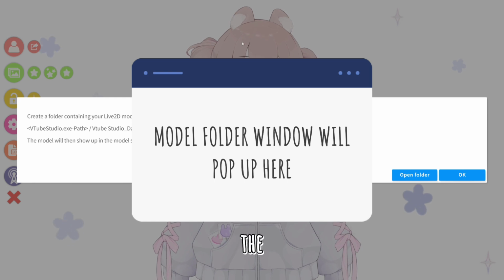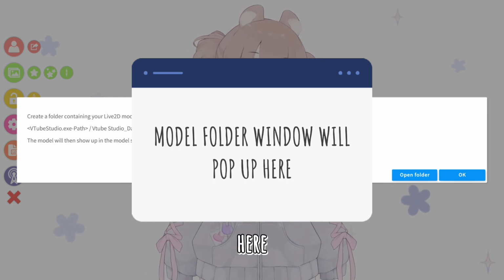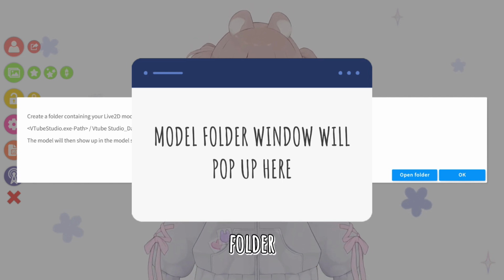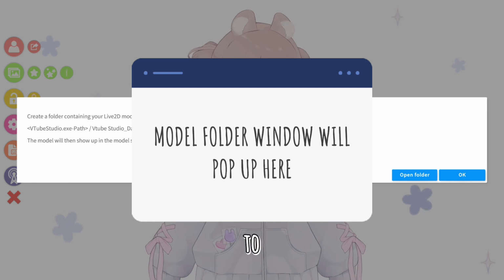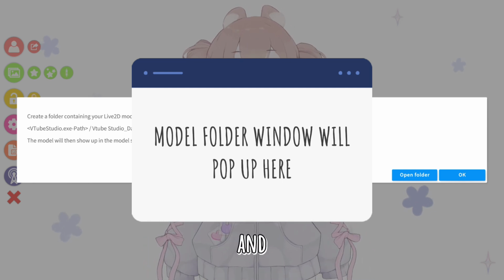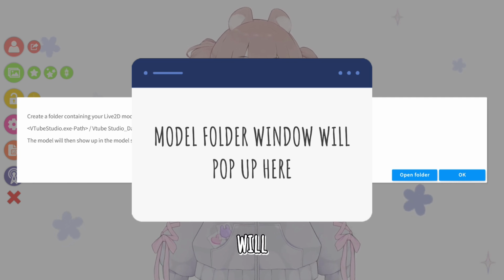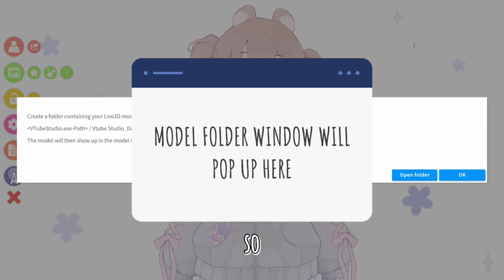This will bring up the Vtube Studio's model folder. You want to paste your item folders into here, making sure that the item folder is not an external folder. Otherwise, Vtube Studio may not recognize it. Also, make sure to put it in the Live 2D models folder and not the items folder, as Vtube Studio, as of now, will not recognize rigged items in the item folder, so it needs to be set up as